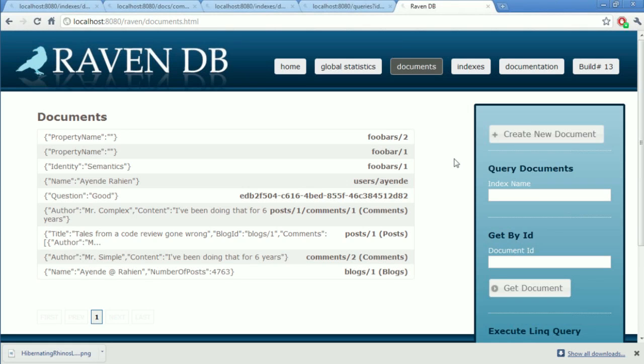A typical example is a post: if the slug, the URL of the post, is the most important thing about the post, then the document ID for the post would be that slug, that URL.